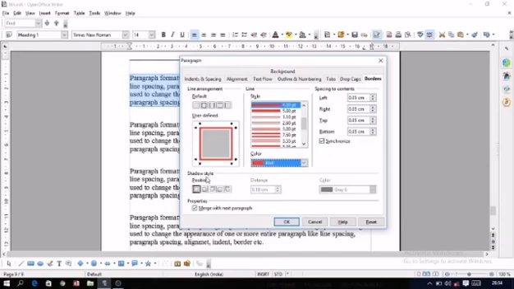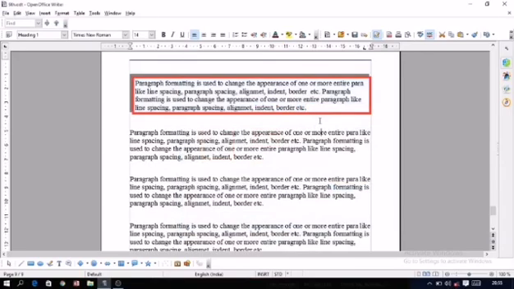Then after this we have shadow options, meaning do you want to display any shadow? The first is no shadow, then cast shadow to the bottom, then cast shadow to the top right. Accordingly you can select one of the options. Then how much distance there will be and what the color of the shadow will be, you can even change this. Here I am not changing, I want the gray color only, so I find gray color. Then click on the OK button and the border will be applied. Here you can see the thickness, the color of the border, and the shadow of the border, whatever options I have selected, it is applied accordingly.